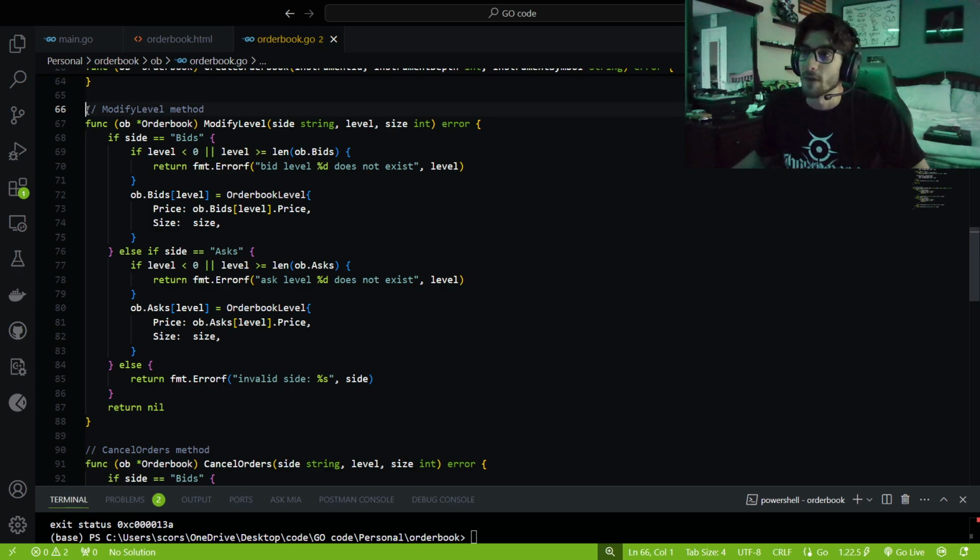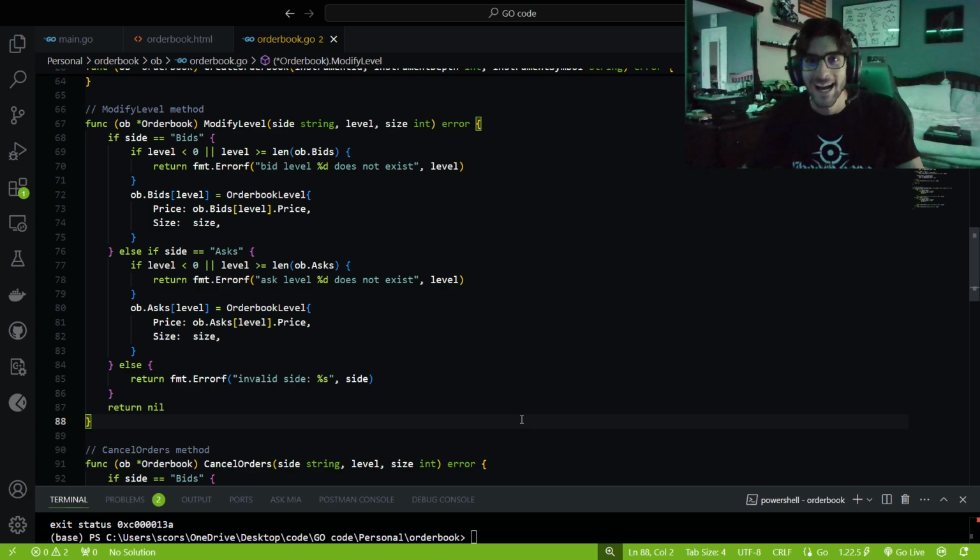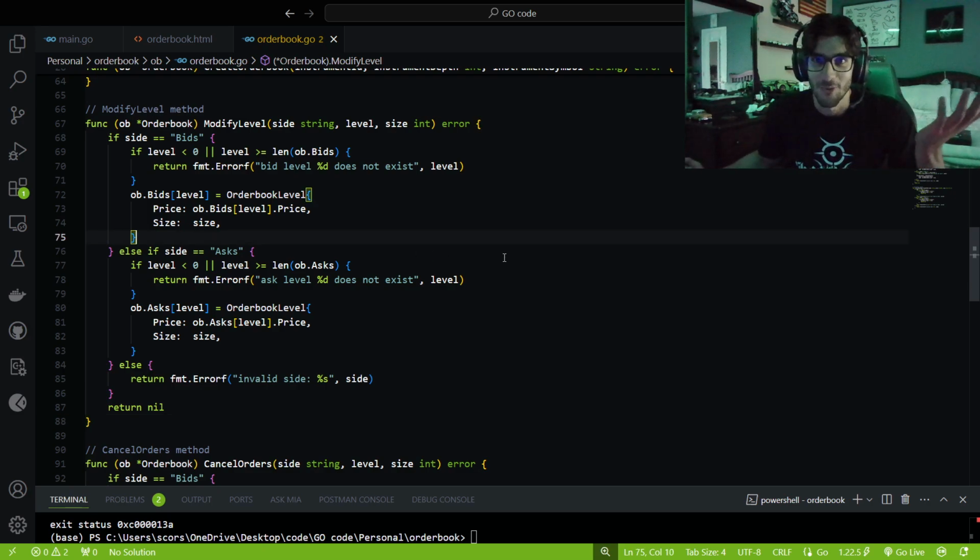And then we have functions to modify, cancel, and place orders. This is like a Houdini master function right now, because you don't actually need to give it an order ID to modify an order book level. You don't have to specify this is my order, it's for 100 contracts at this price and I want to change it. You can just say I want to change that level and it's like cool, you know what I'm saying? Because there's no authentication for it right now. Something to work on in the future. We're going to talk more about that later, but right now this is just a total master function to modify whatever level you want, really.